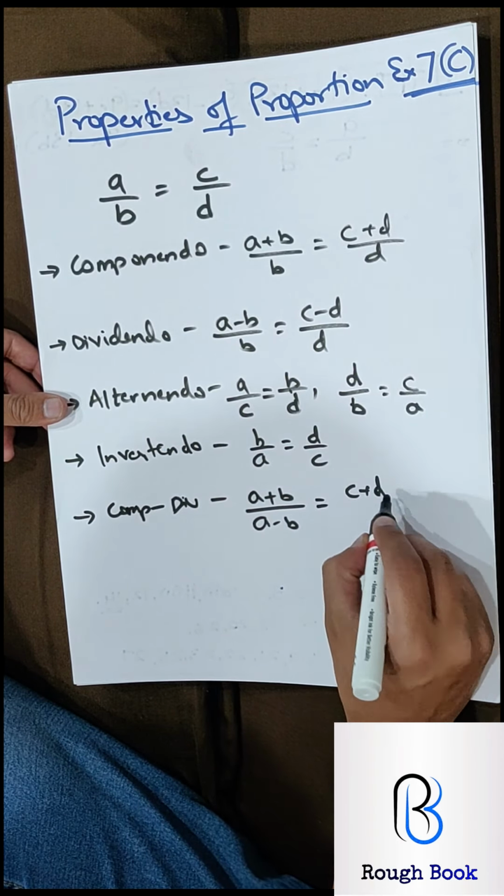When you are coming here, the second and fourth gets cancelled, first and third on both sides. After cancellation, the first and third term twice, second and fourth term twice. Likewise, first and third term twice, second and fourth term twice. So 2 also gets cancelled. Now people, once they understand this logic, they don't write this step, they directly come here in the exam. The board very clearly says, if you come from here directly to this step, you will lose 1 mark. You are compulsory to show this step, and then come here. So don't come here directly, otherwise your 1 mark will be lost.